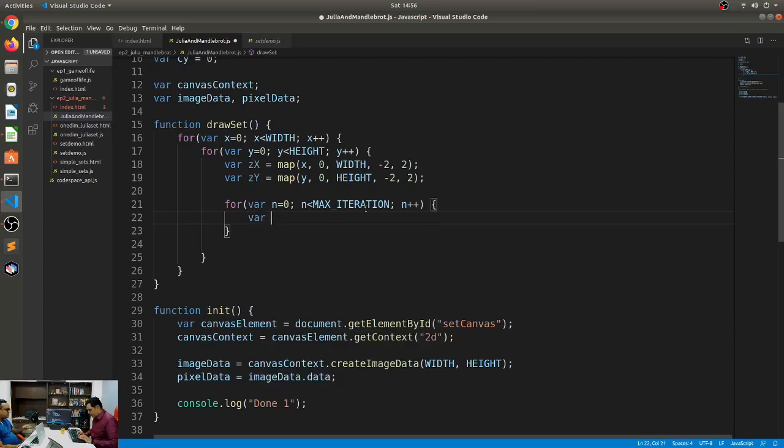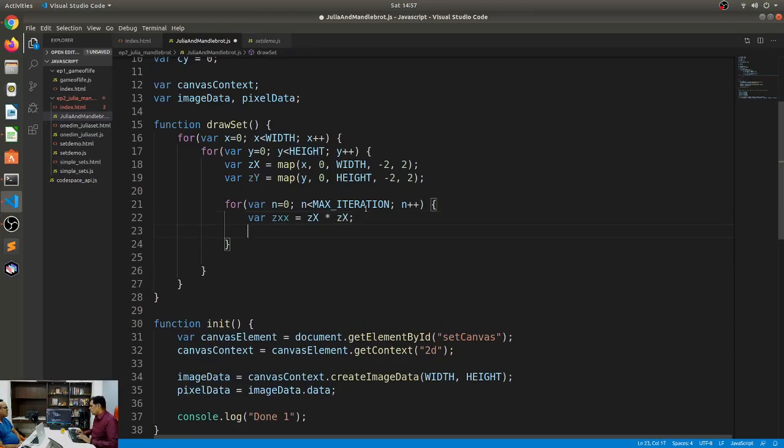So we'll say variable zxx is equal to zx into zx. Variable zyy is equal to, I'm just arbitrarily choosing names here, 2 into zx into zy.